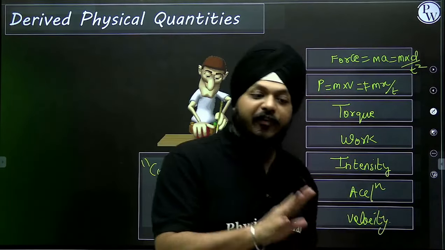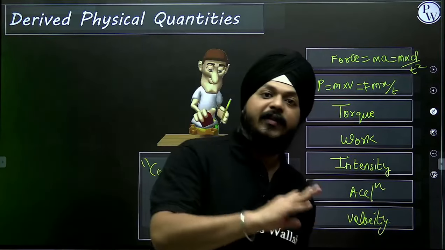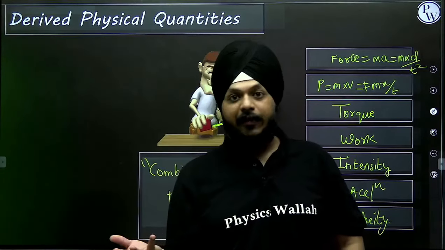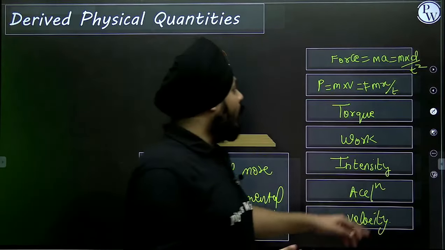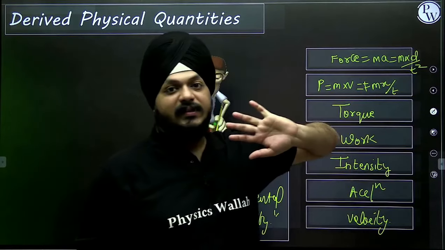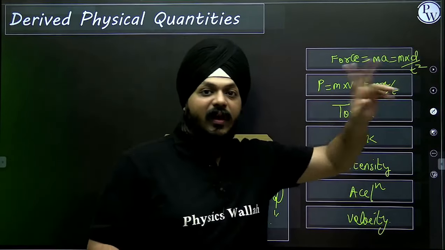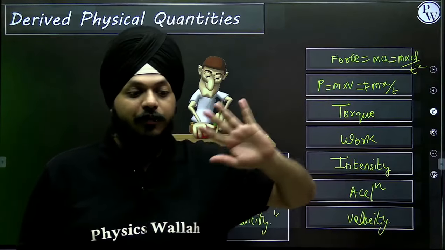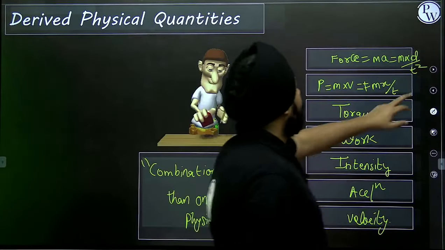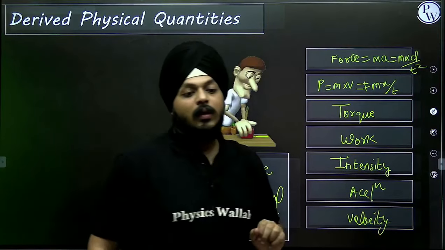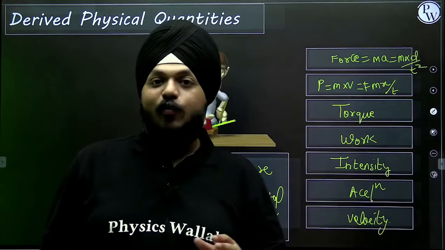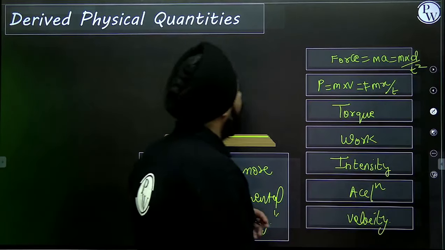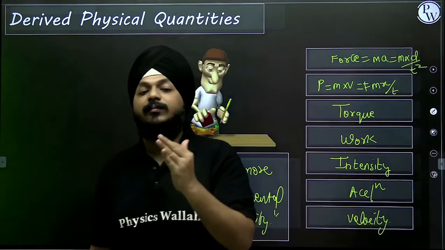If there are fundamental physical quantities, then we have the fundamental units. If there are derived quantities, then we have the derived units. Right? If I'm talking about the fundamental physical quantities, then there are 7, and they have the relevant units. Mass, it is measured in kg, like all of those things you are completely aware of. Now for derived quantities, we have derived units.